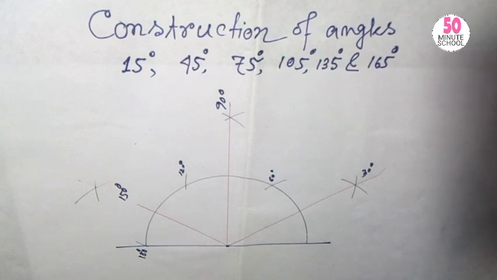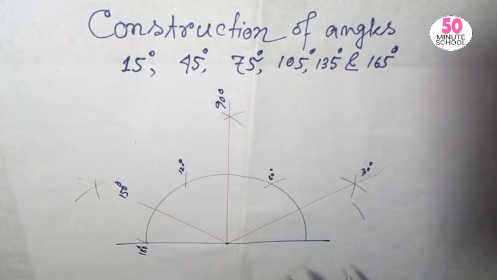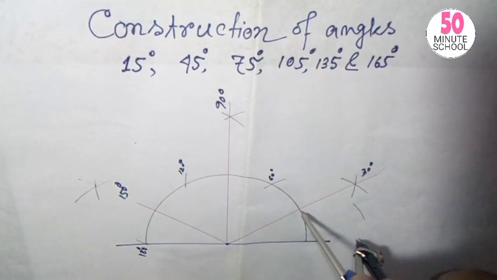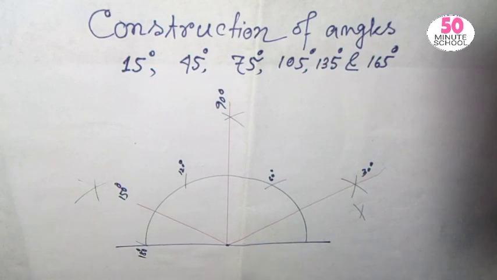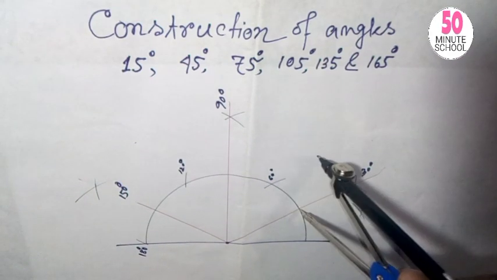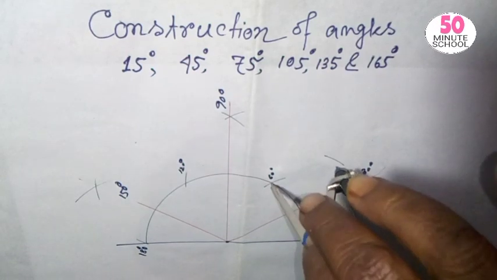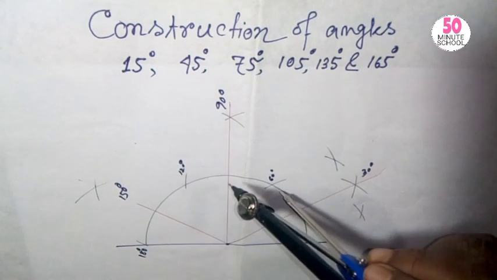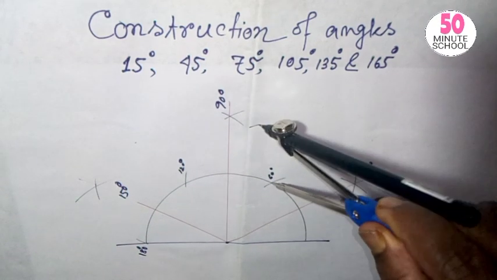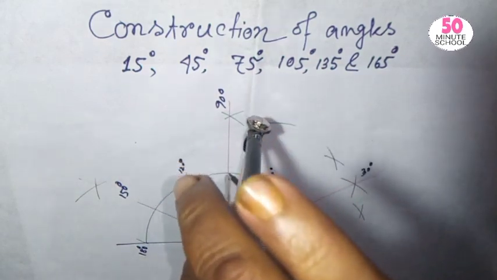Another, I draw another arc, bisect this point, another arc, and this point bisects another arc, and this center point bisects another arc, and this point bisects another arc, this point bisects another arc,